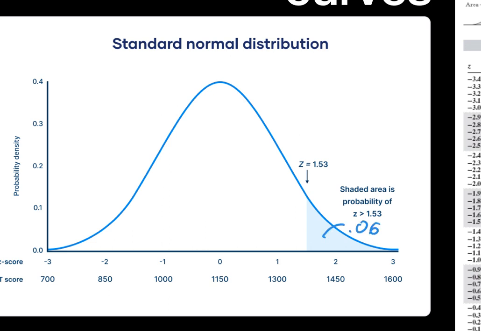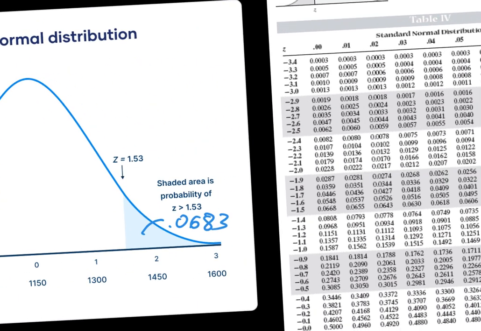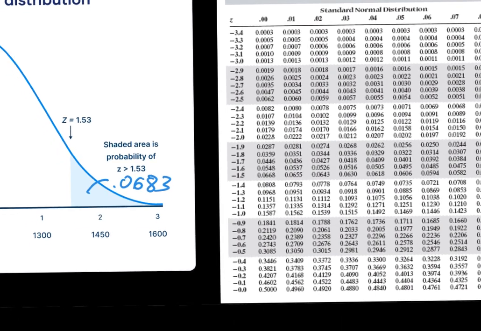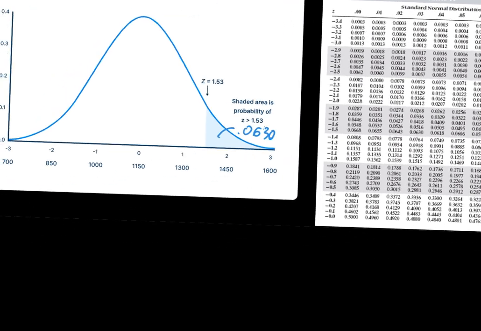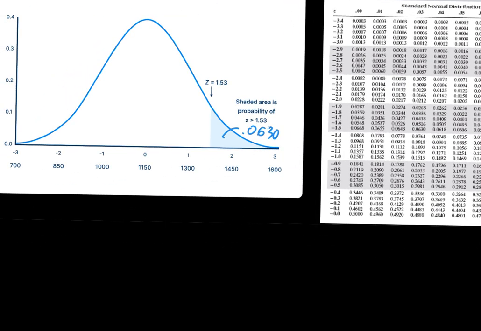0.06, I forget, 83 I think is what I said it was. 1.53. 0.0630. I was off by a little bit. I read my table, okay? 0630. What does that mean? That means that the probability that z is greater than 1.53 is equal to